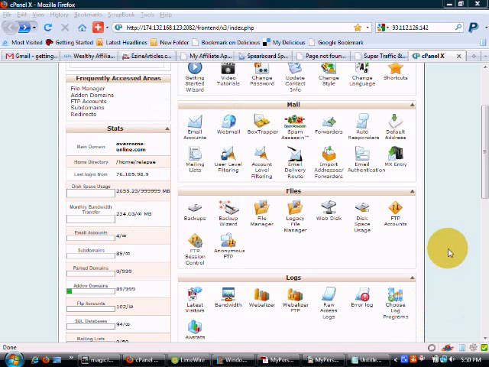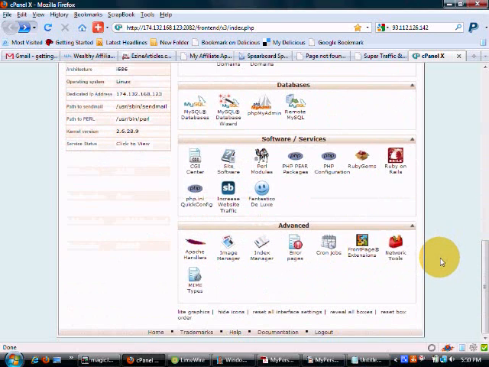Okay, I want to talk to you guys about WordPress for just a minute and show you how quick it is to get it installed. And once it's installed, it's basically ready to go. All you got to do is go in and start posting. And it takes about like 10 seconds to change a theme to make it look a little better.